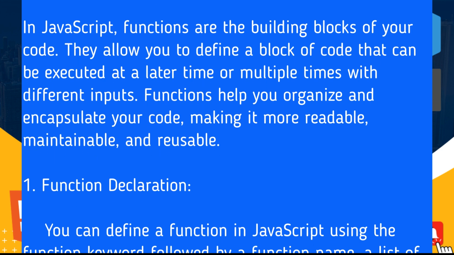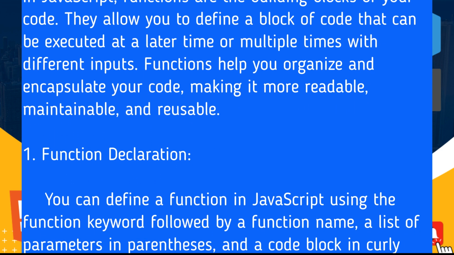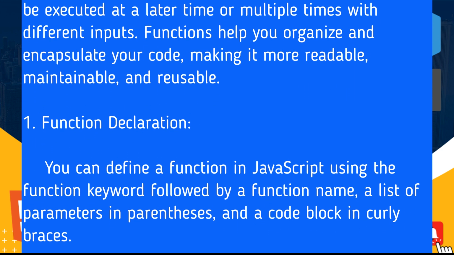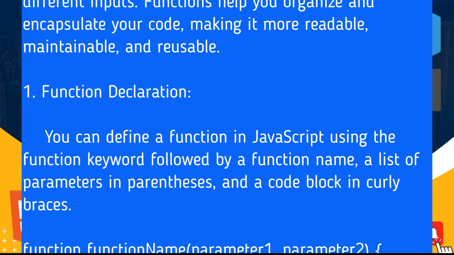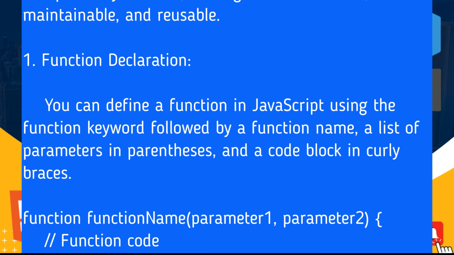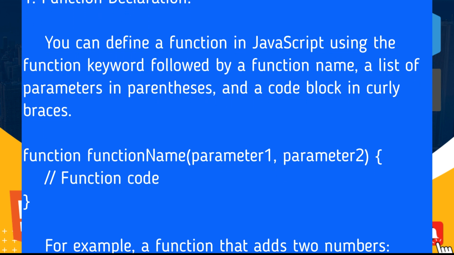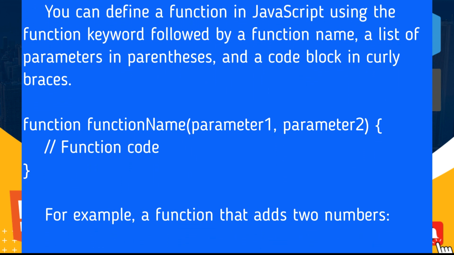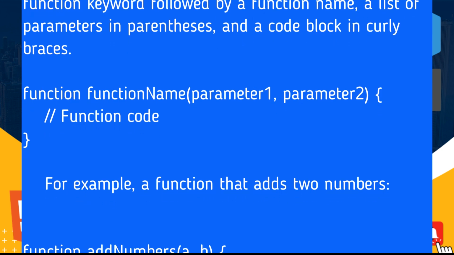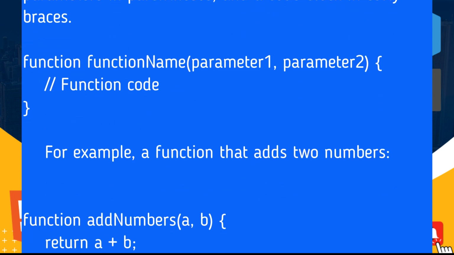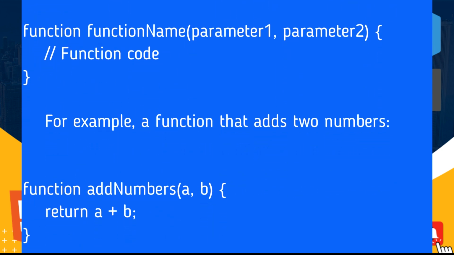1. Function declaration. You can define a function in JavaScript using the function keyword followed by a function name, a list of parameters in parentheses, and a code block in curly braces. function name(parameter1, parameter2) { function code }. For example, a function that adds two numbers: function addNumbers(a, b) { return a + b; }